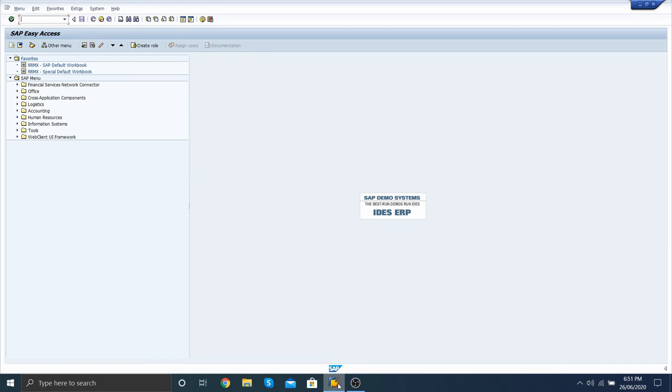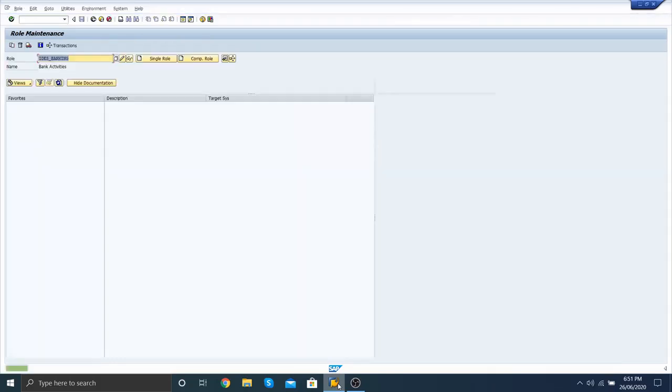First, we use the T code PFCG for creating a role.